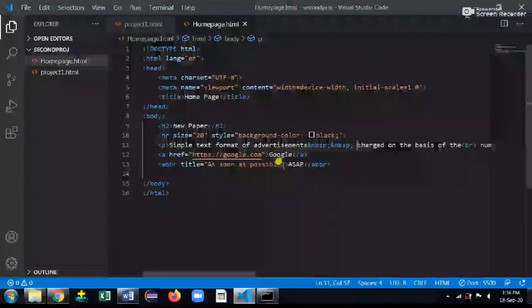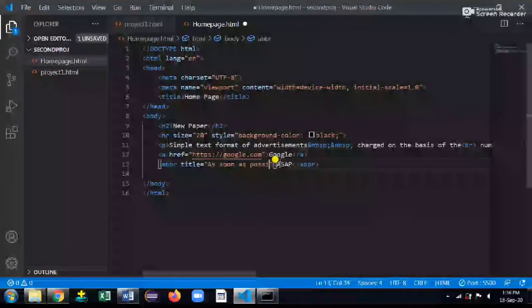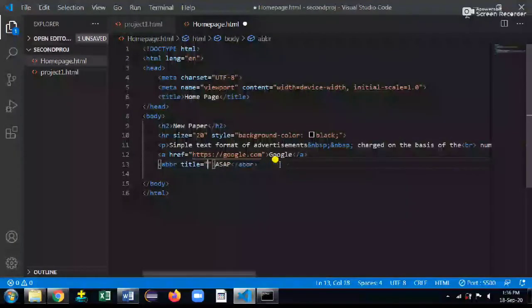Now, if you want to give any other, so let's change. Suppose I'll give hypertext markup language.